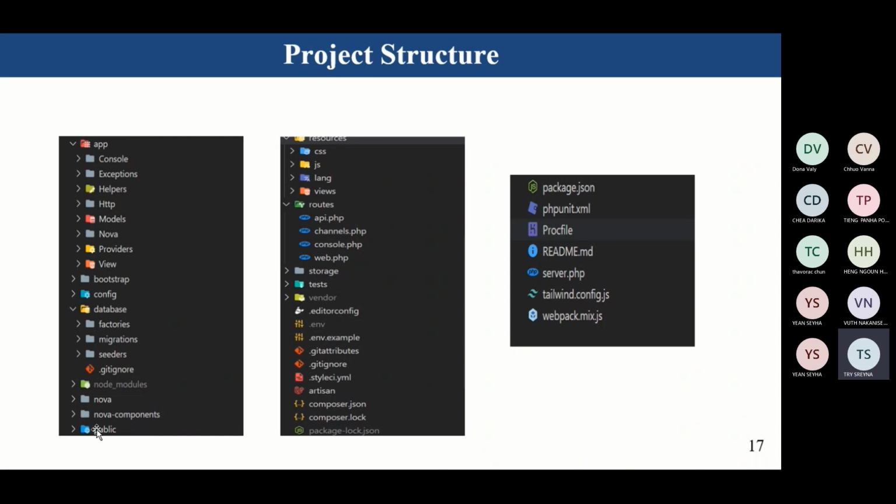Public holds other scripts, JavaScript, and CSS. Resources equals all the sub-files, big files, and templates. Routes is the content or definition files for routing such as api.php, channel.php, console.php, and web.php. Storage equals the session files, compiled templates, as well as files generated by the framework. Tests equals all the tests. Vendor is the folder for Composer dependency files. And .env stores configuration variables for the application.